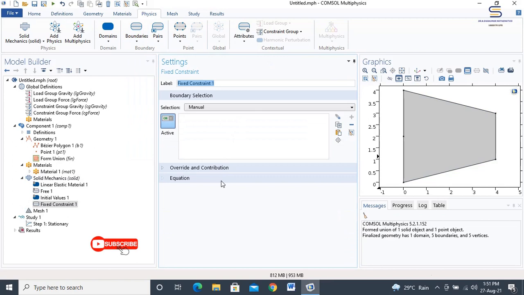In the fixed constraint, select boundaries 1 and 3. If you click your mouse over the material, the geometry will highlight some of the boundaries. If you select those boundaries, you will see the selection happening manually.